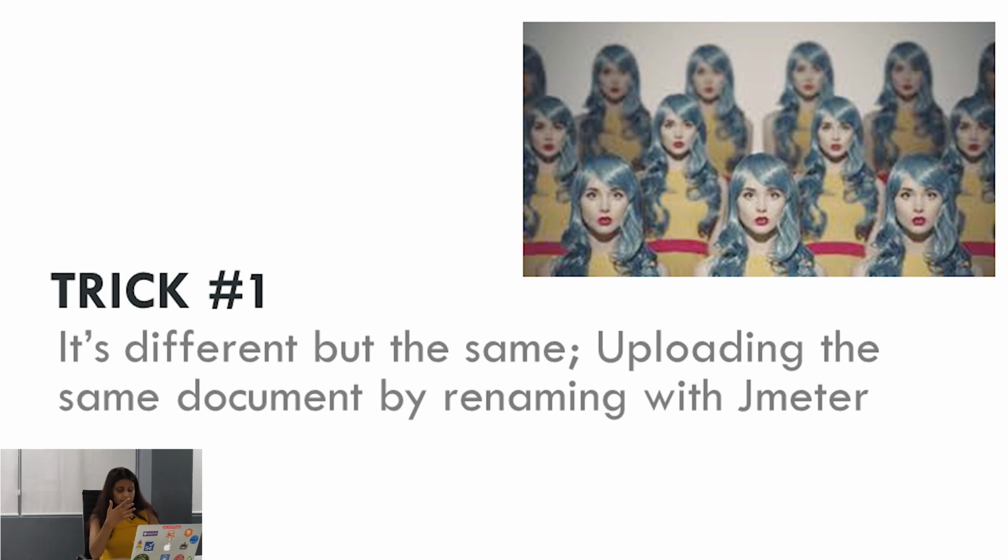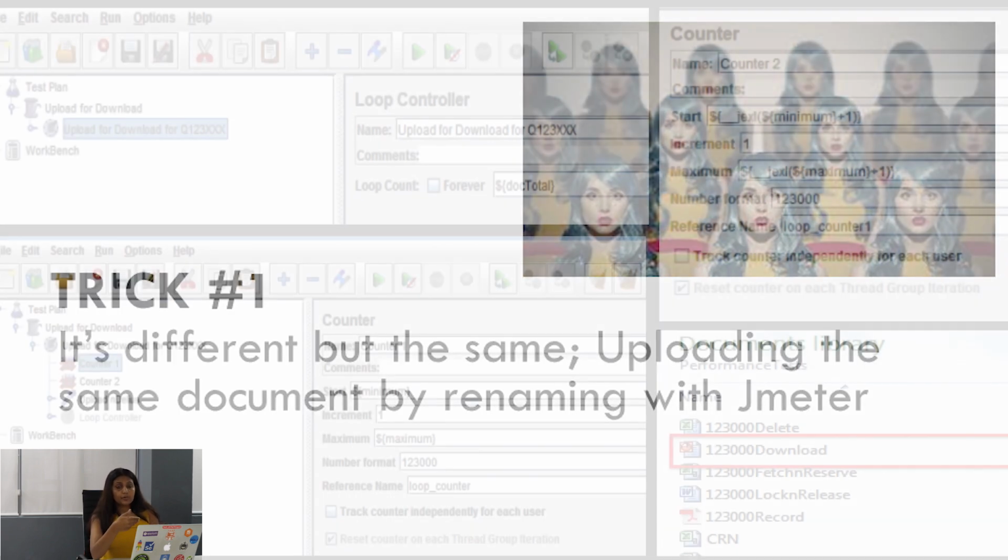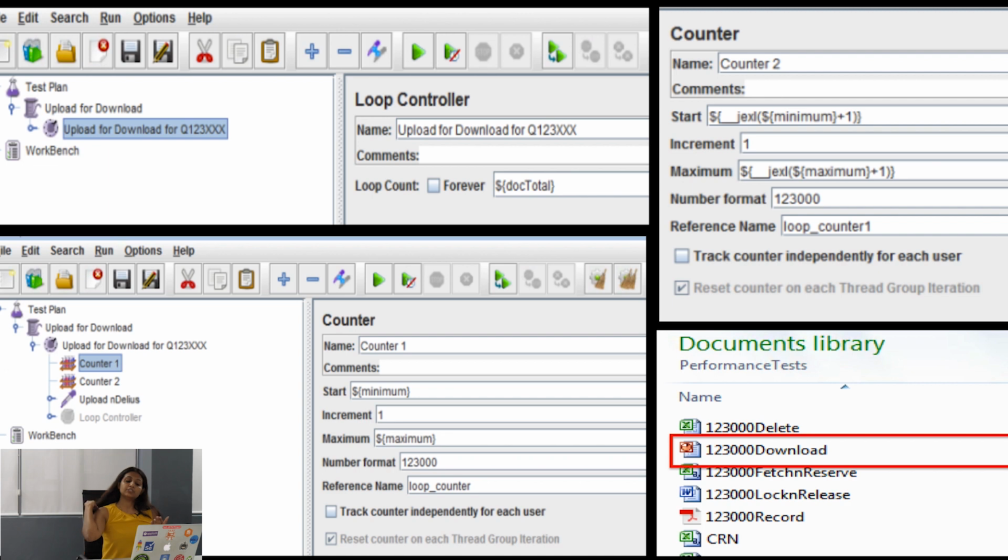So I came across this situation before. I didn't want to have multiple documents in my system, so I came up with this idea where we can have one document, keep renaming it and uploading it, because there will be a restriction of uploading the same name document. So what I did is, as you can see on the screen, I handled it with a loop controller,